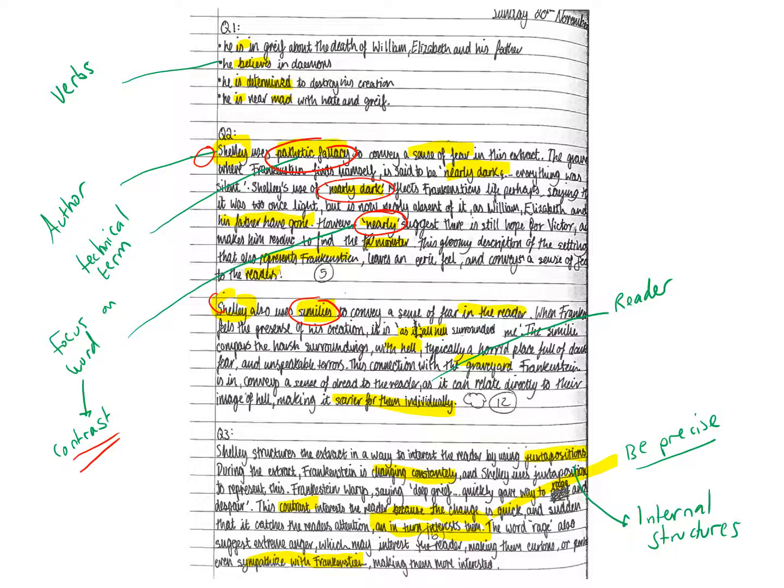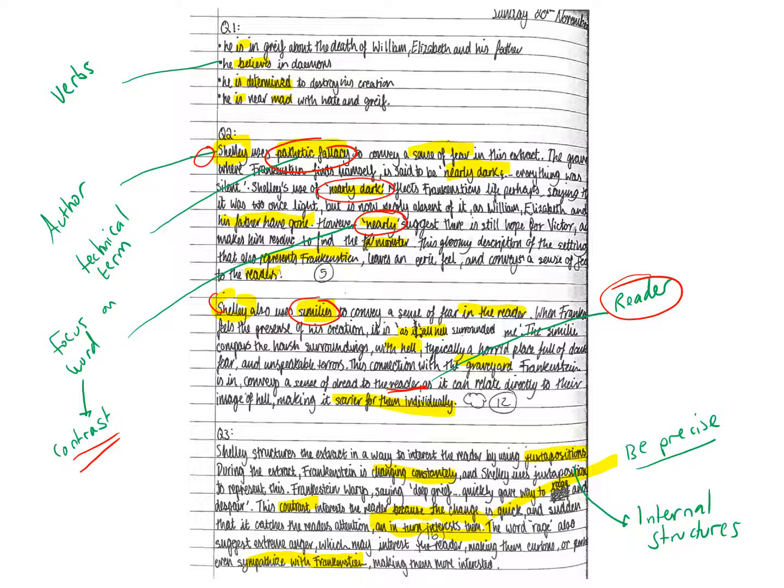And again, in question 2, they make reference to the reader and how the reader might respond to the language choices being shown. Question 3 here